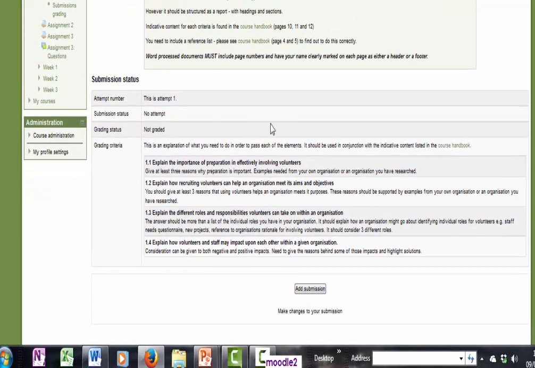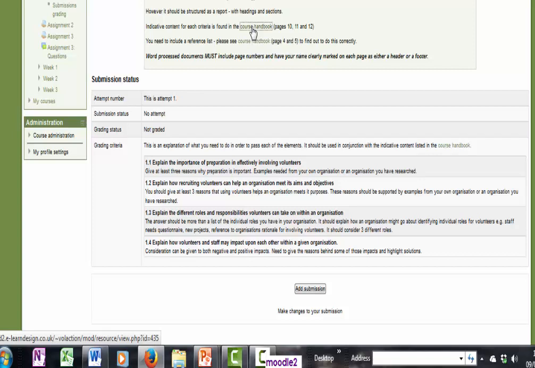And then the block underneath that, the submission status here, you will see something there called grading criteria. That is otherwise known as the marking guide. And that works hand in hand with the indicative content that you will find in the course handbook. So if I first of all just talk about the indicative content and explain what that is, I'm just going